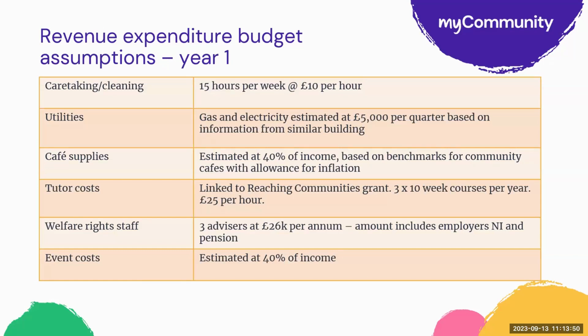If you're getting a grant, are there associated costs? So putting into this things like, we're getting a grant from Reaching Communities, but that obliges us to put on 3 10-week courses per year. We pay tutors at this amount. Our welfare rights contract involves us employing staff. This is who we employ. This is what it costs. So it's really thinking about what are the costs of actually running your organisation and allowing the assessor to be able to track back and understand your figures.